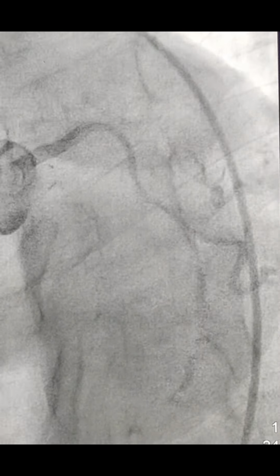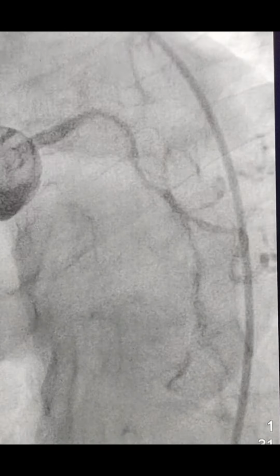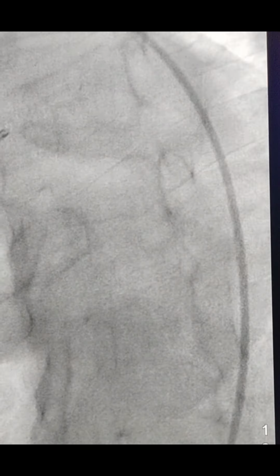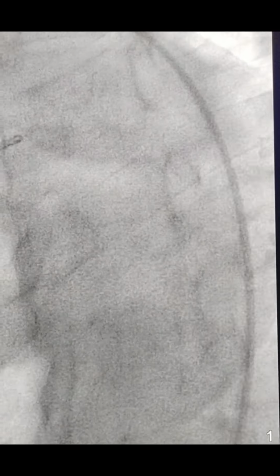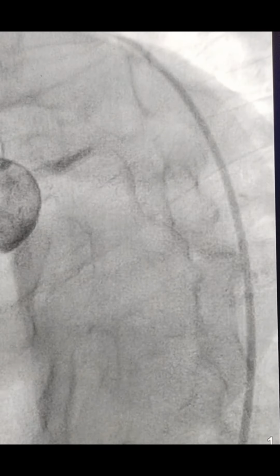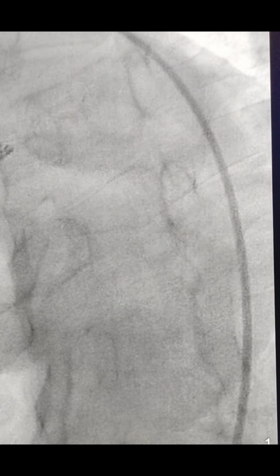So this is a 54-year-old male, known case of diabetes and hypertension, now presented with 6 hours of chest pain. On ECG, he has ST elevation in the anterior leads V1 to V6, and this is the angio. This is a levocaudal view, and you can see there's a 100% total thrombotic occlusion in the LAD,